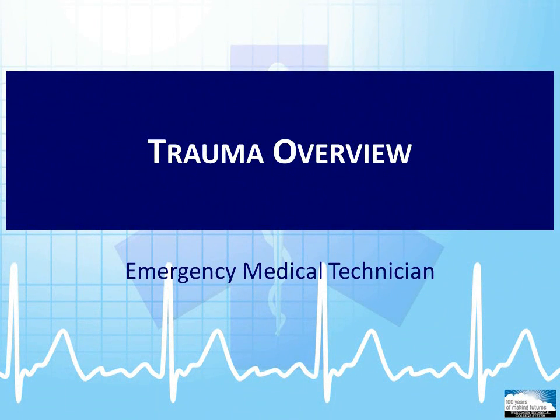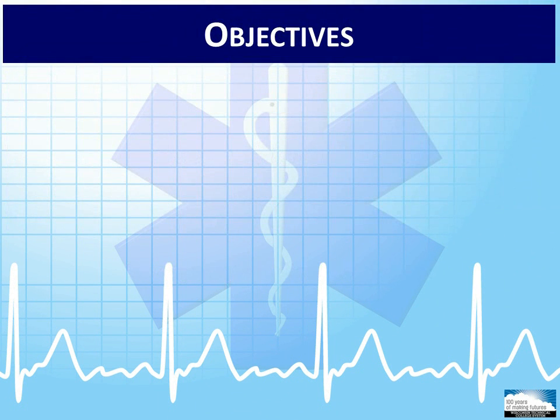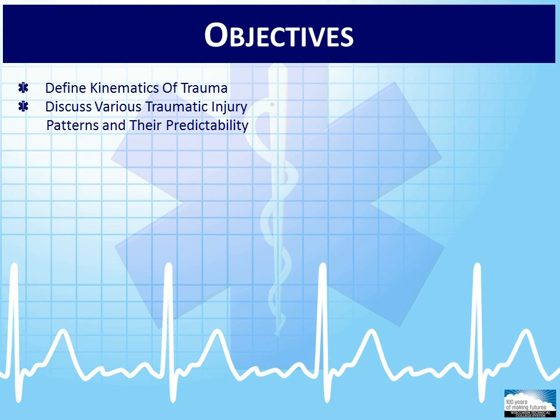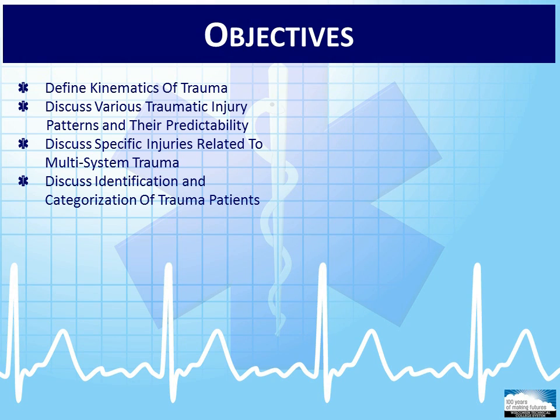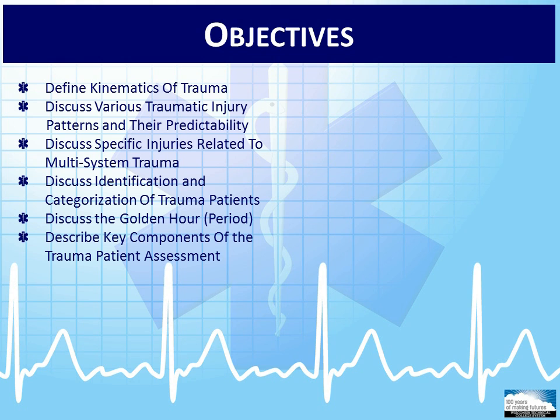Welcome to this module in which you will be provided with a trauma overview. Upon completion of this module, you should be able to define kinematics of trauma, discuss various traumatic injury patterns and their predictability, discuss specific injuries related to multi-system trauma, discuss identification and categorization of trauma patients, discuss the golden hour, golden period, describe key components of the trauma patient assessment, list significant mechanisms of injury, discuss trauma scoring, discuss management